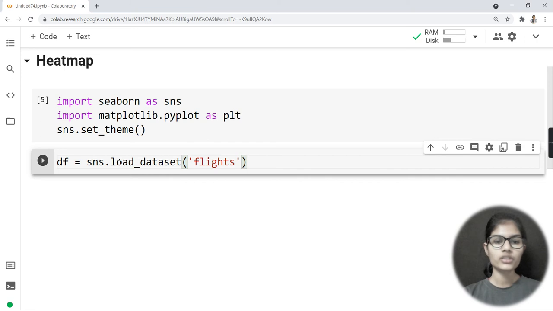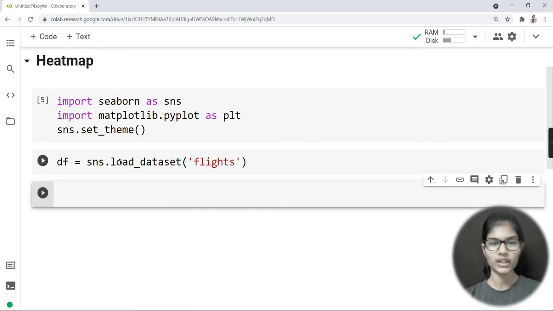Okay. So whenever you just want to load the data from the Seaborn library itself, this is how you will be doing that. Firstly, you need to use the name of the library. Let's say that is Seaborn. The short form for that is SNS. So I just wrote here SNS, right? And then I just need to write load_dataset, fine. And in the brackets, I simply need to write the name of the data. Now, just make sure not to add any CSV extension or any JSON extension or any XLSX extension. You need not add anything after the name of the data set. Okay, after this name of the data, do not add anything.